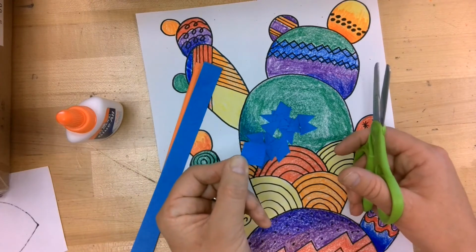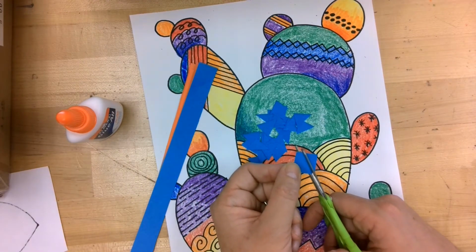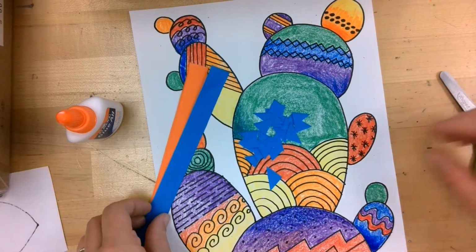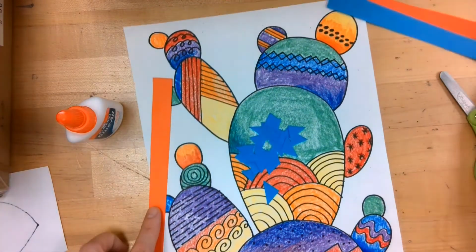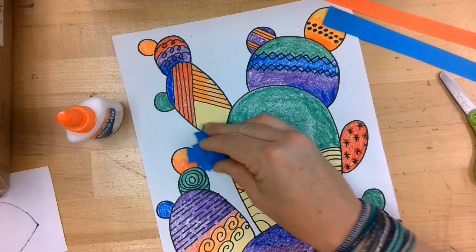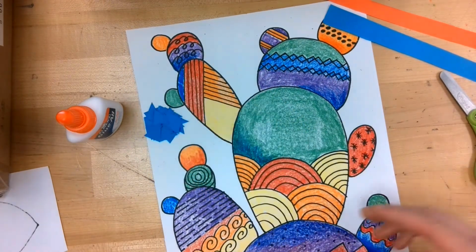So look, my last piece is a square. Did you know if you just cut a square right through the middle? 2 triangles. All right, I am going to set 2 of these strips off to the side. Just 1 of the orange, but I'm going to keep these in a pile because I'm going to want to make a pattern with my color